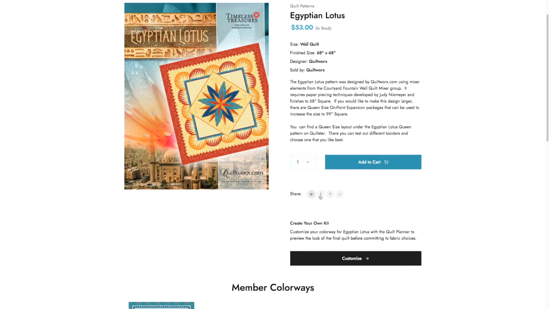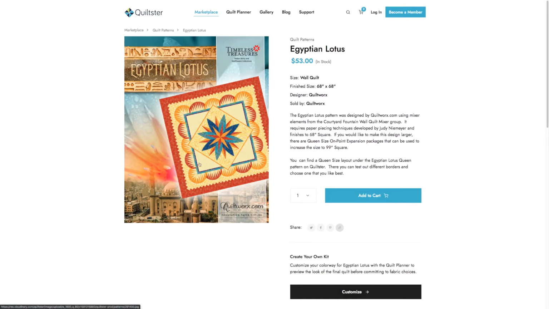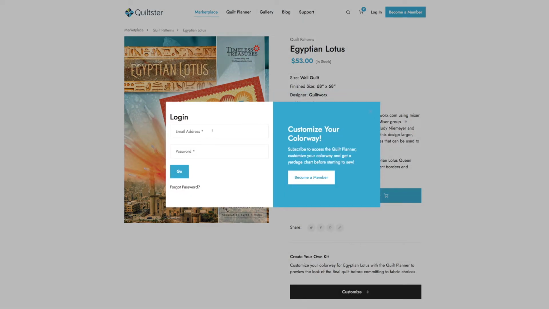I can share this pattern on Facebook. I can copy this link and paste it in an email to share with somebody who might enjoy this pattern. Or I can create my own kit. So this is also unique to the pattern pages, which is I can click Customize, and if I have a